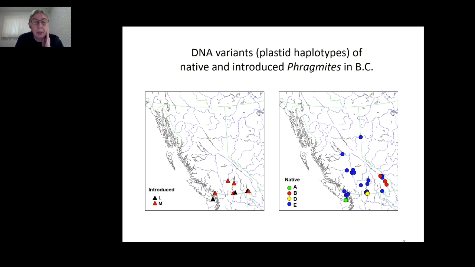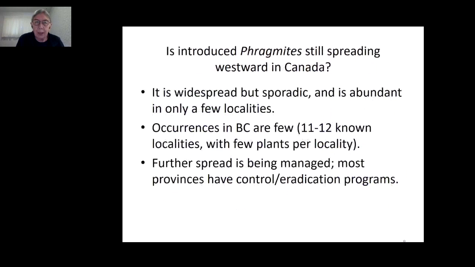Most of the samples that we looked at were native. We analyzed around 270 individual plant samples, and of those, only about 20 were non-native. So most of the localities in BC are the native form of Phragmites, and only about 10 or 12 localities have the invasive form. And so this is very important information for Becky so that she knows where to direct her efforts and how to follow the advice that other people have given of getting